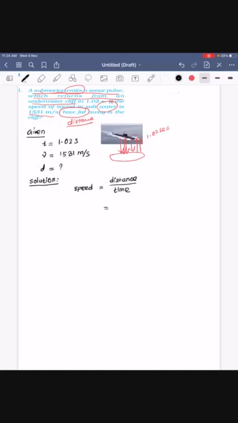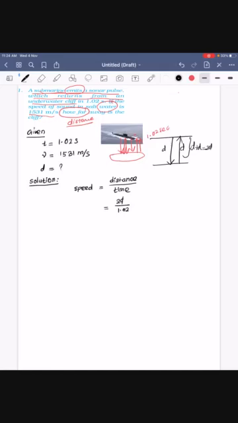First see here, it will be going here and it will reach the seabed and it will come back here. That means this is D, and this is also D. So what is the total distance? D plus D, which is called 2D. Okay, so that means 2D, and divided by time. So time taken here